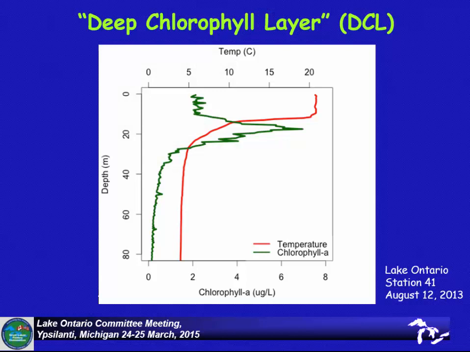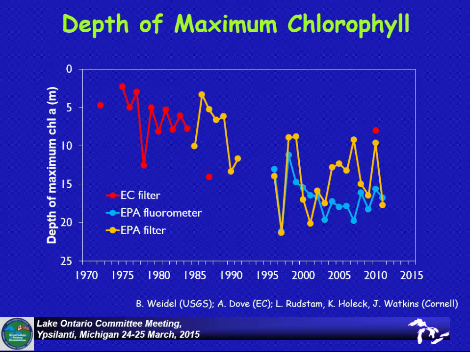And so an important concept to embrace here is something that's referred to as the deep chlorophyll layer. And this is simply a graph showing temperature here as a red line. So when we talk about a lake, we talk about this warm upper layer, the epilimnion. We talk about this zone of transition, which is the metalimnion, and then this constant cold water, which is the hypolimnion. And this deep chlorophyll layer is the fact that we see a peak, a maximum in the chlorophyll production below the thermocline. And that is a phenomenon that's been occurring with greater frequency at greater